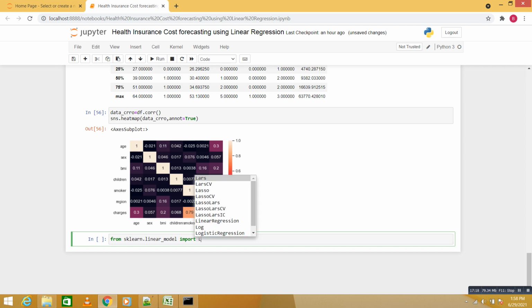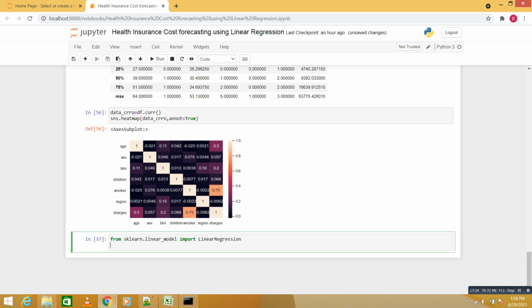Okay, then sklearn model selection import, actually I forgot the name, that is train test split. So we have to split the data into train and test data.